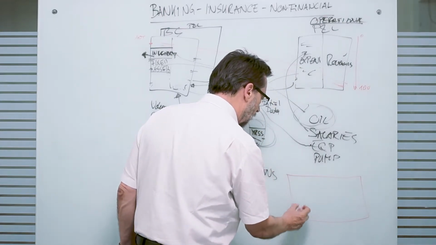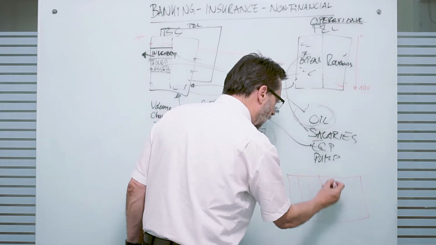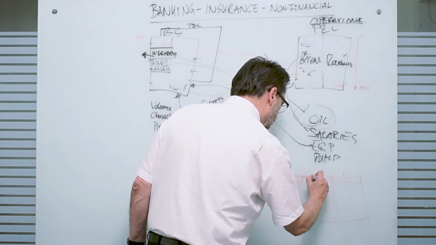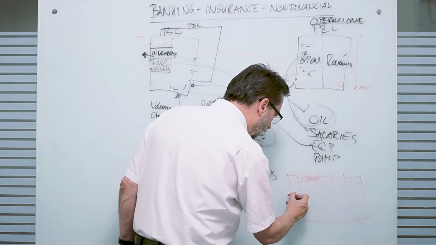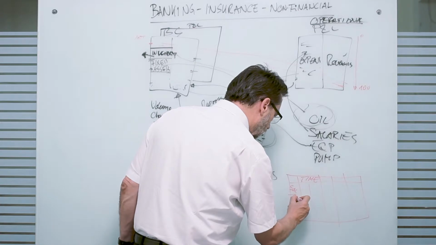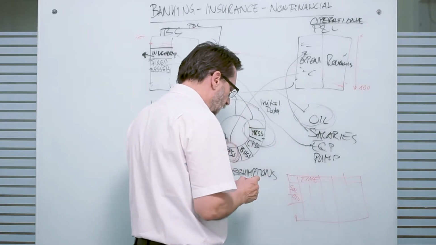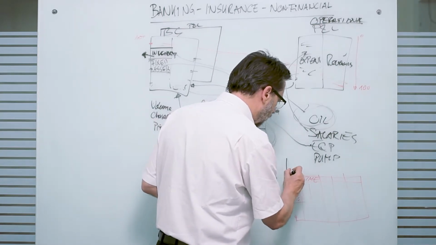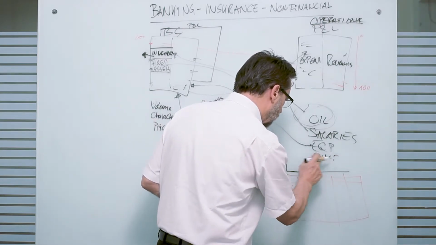It's not Excel, but it looks like one. You have time here, and here you have the single items like salaries or oil production. So we take that as input, and then you will see on top here you have an